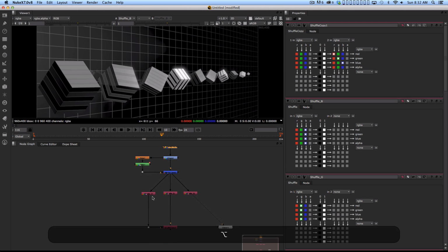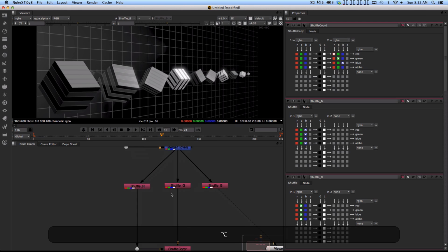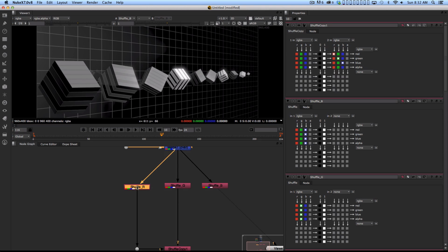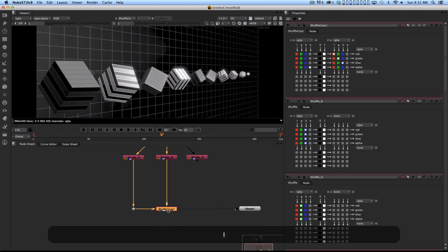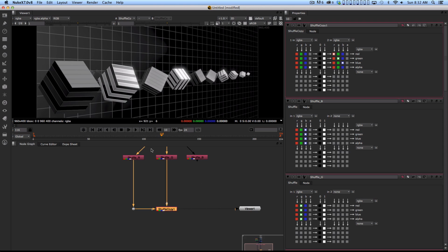And then that result is being split into three things, and you can go in, and since I've labeled these, it's clear: I'm making a red channel, a green channel, and a blue channel. So there's no jumping back and forth between pre-comps. So in this shuffle copy node, what I want to do is keep the red channel from R,